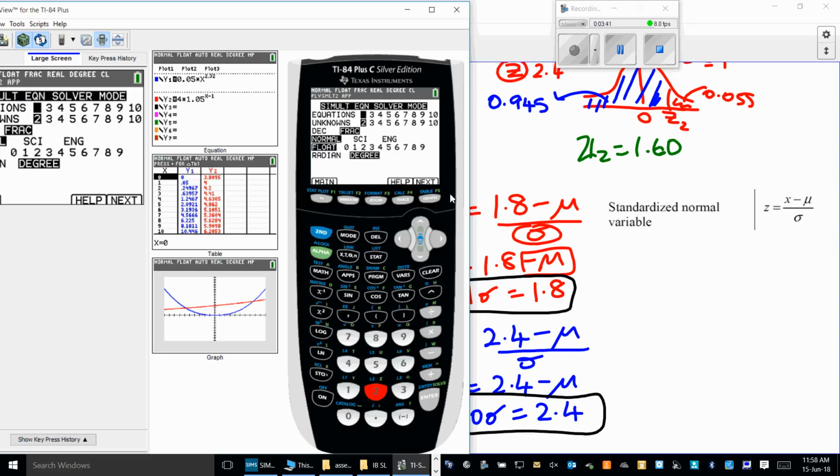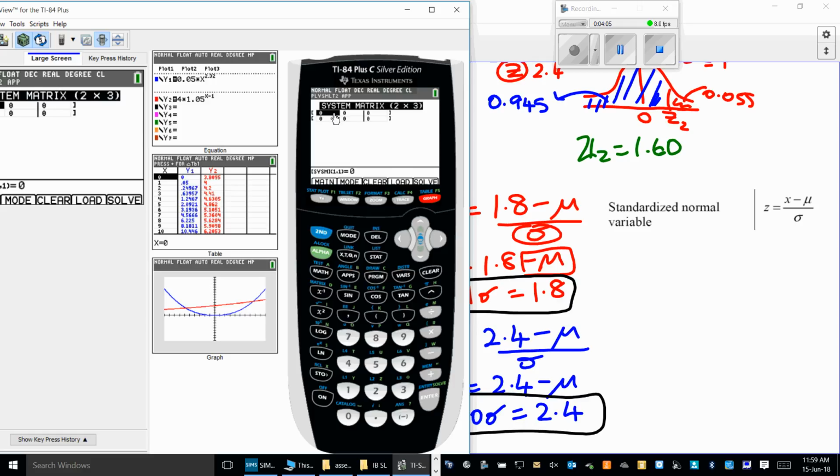Remember, this screen we can ignore. It tells us our answer is going to be given to us as a fraction. If you would rather have it as a decimal, you can change that. Now it's into a matrix. So I'm changing mine to be a decimal value, and I hit this button to say next, and it looks like this. And then remember, this is where we put the coefficients in. So our coefficients are 1,